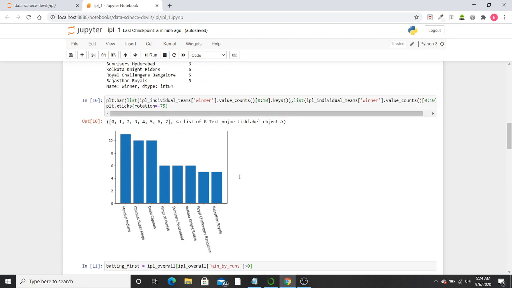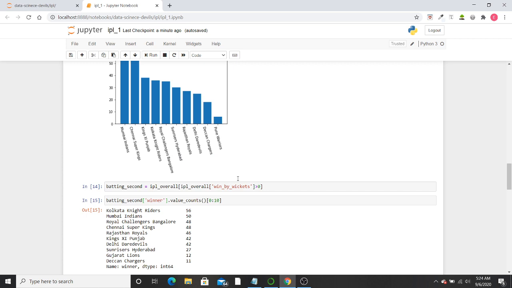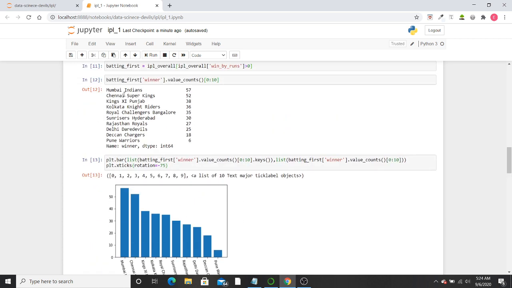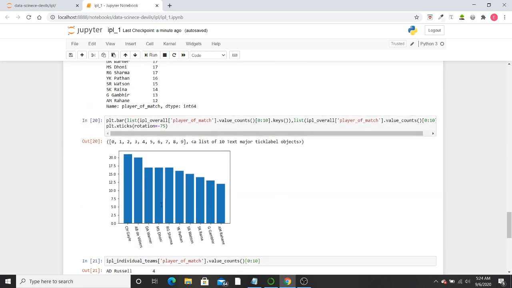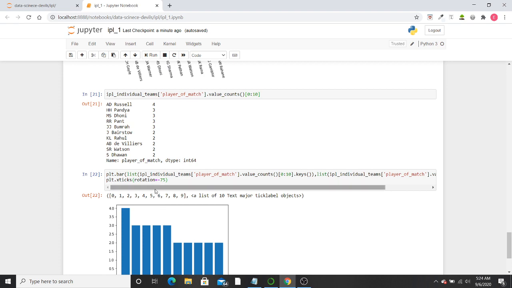Now this was a basic data analysis and visualization project, and for batting first and batting second we have used simple common sense. So as you can see, it's very simple to understand and even simpler to apply.